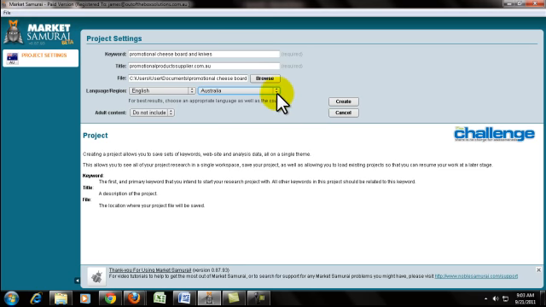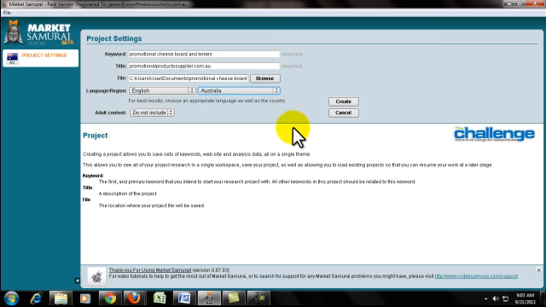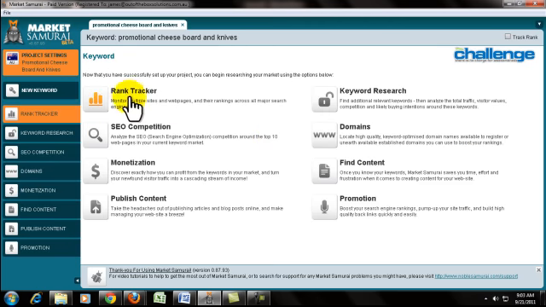If you use US here and you are trying to get ranked results for promotional product suppliers, you won't get an accurate rank tracking results, since it will be checking google.com, and we need to check the rankings for google.com.au. So click create, go to rank tracker,